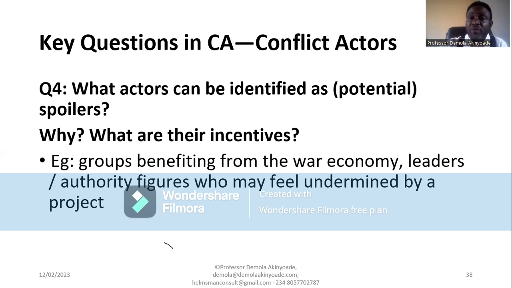Find out what they want. Some of them, all they want is recognition. Some of them, what they want is money. Some of them are totally unreasonable. Some of them did not understand the situation. Once you go to them and you recognize them, saying we know you are the main man here, and we are just coming here, once you give us the go ahead, we do it, we need your support, that settles some. But some will just be scattering ground every time. We find a way to take care of them. Report them to the appropriate authority, to authority figures over them, this and that, but don't be indifferent